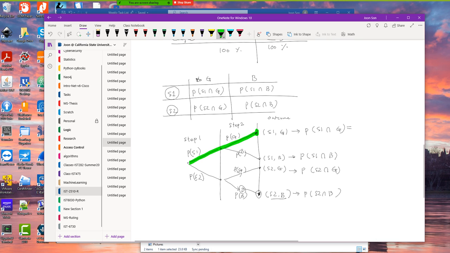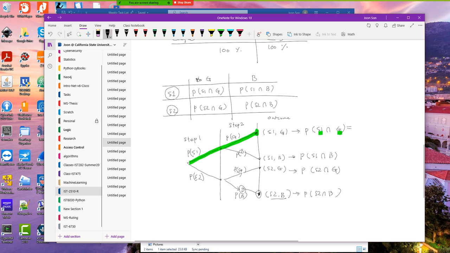So let's first take a look at this path. To find the probability that the particular pot happens to be S1 and good, you need to follow this path, right? That is S1 multiplied by